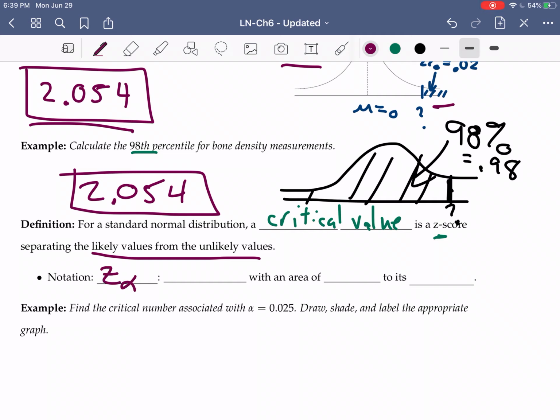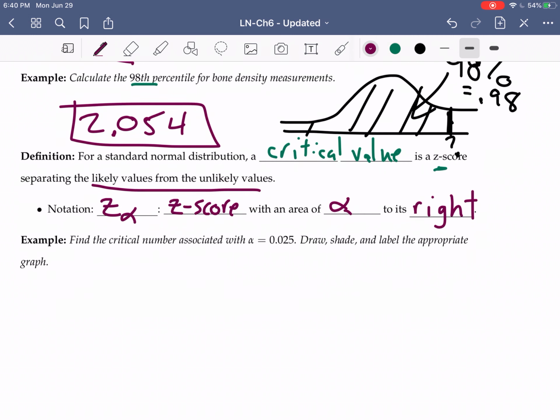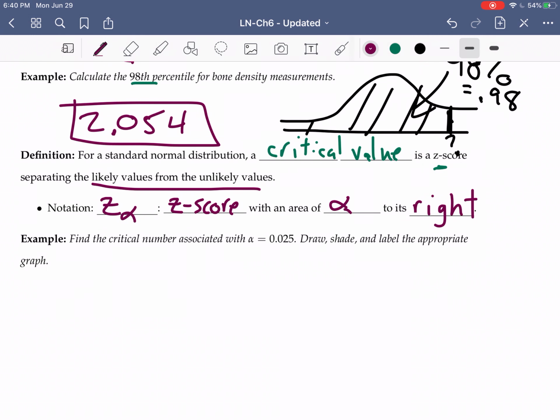So we use a notation with z with a subscript of alpha. This is a z-score with an area of alpha to its right. So we want to find that z-score that has an area of alpha to its right. So if we wanted to find a critical number associated with alpha equals 0.025, and we knew that our distribution was a normal distribution, then really what we want to do